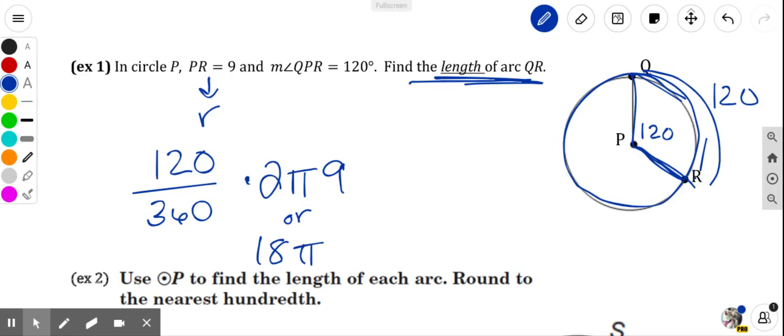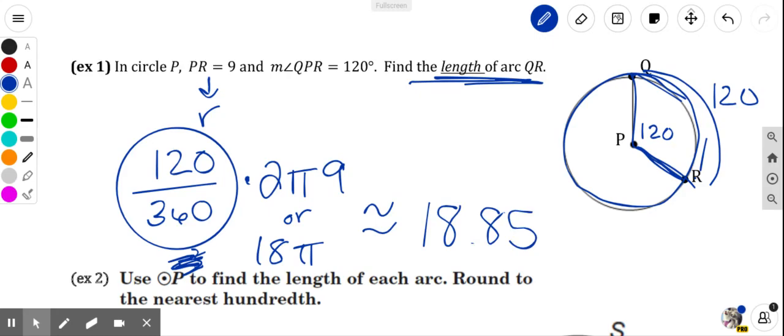So when you do this in the calculator, you want to do the fraction first. You're going to do 120 divided by 360, which you should get 0.3 repeating because it's 1/3. Keep that decimal in your calculator. Don't put 0.3 and then use that. You want to keep that decimal in your calculator and just do times 18 pi. So you should get approximately